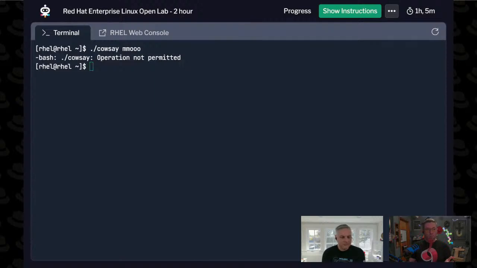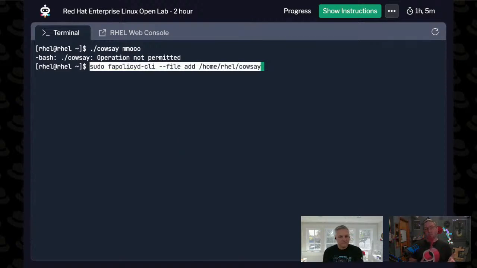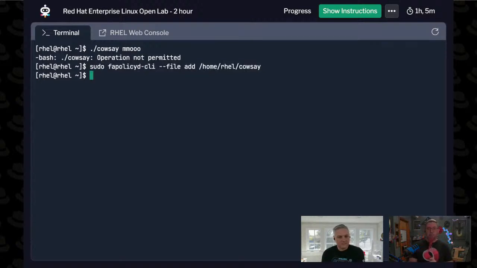So let me just grab this command here too. We're going to, again, run that through sudo. fapolicyd-cli is the tool you use to interact with fapolicyd and tell it to do extra things, right? So we're going to add a new file to its known database of hashes, home rel cowsay. We're going to run that. And now if we look in the trusted file for fapolicyd,